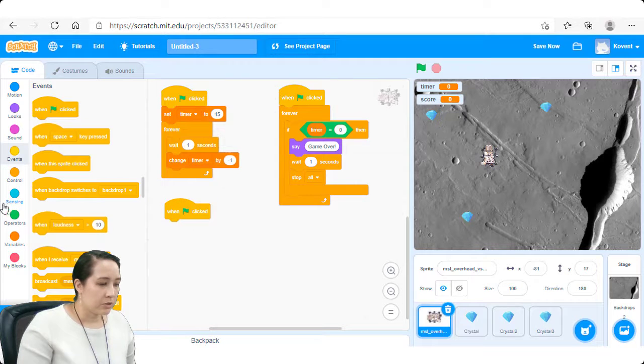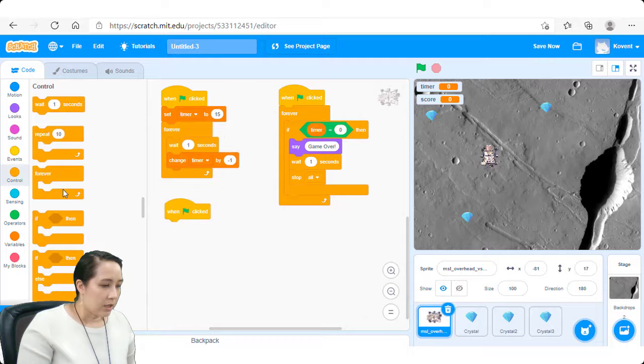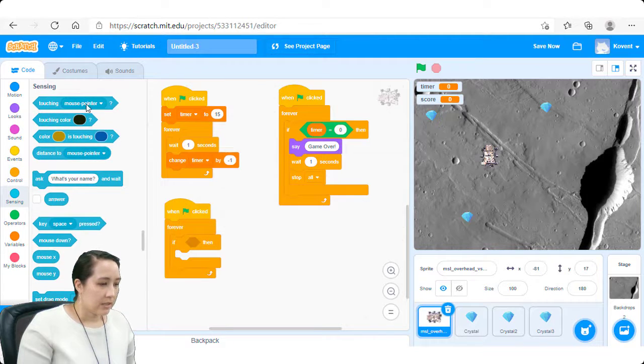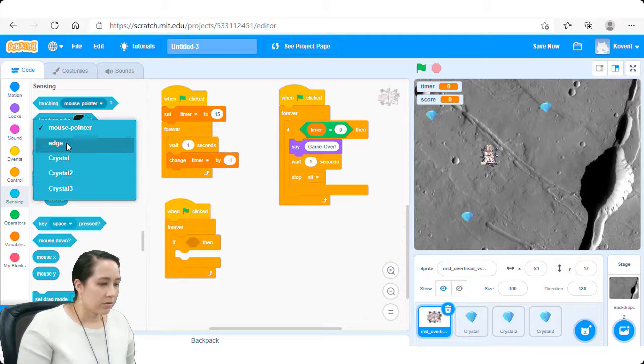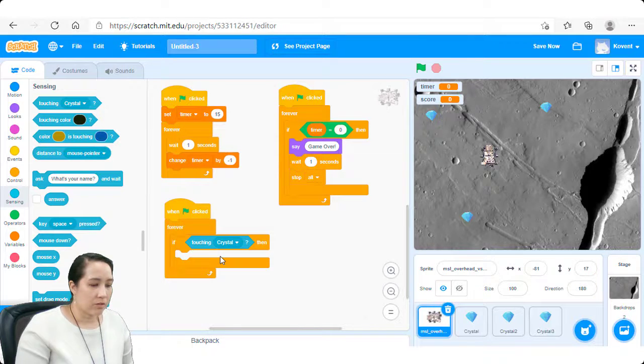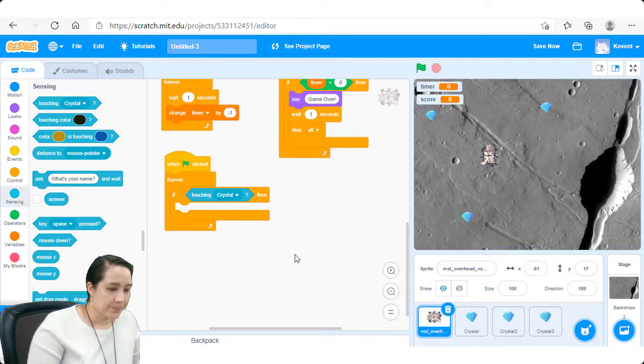When the game starts, until the program ends, so we'll use the forever script. If, and let's do sensing. If the rover is touching a crystal, right? Or actually, it might be better to do it with each crystal instead of with the rover. I mean, it's really up to you. So if the rover is touching this crystal, right, then